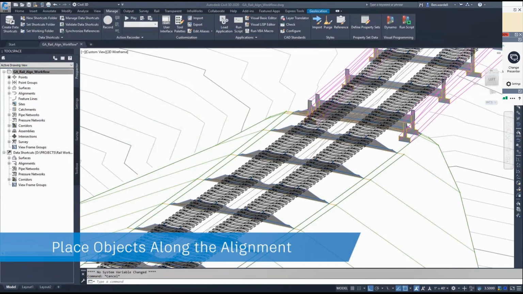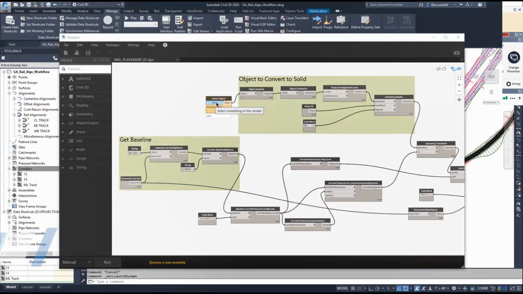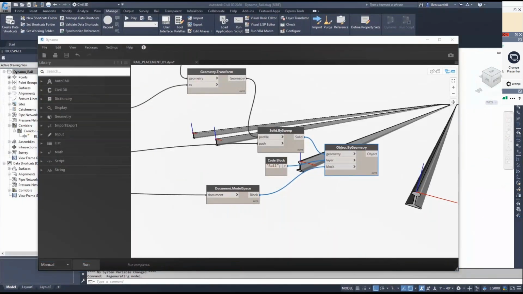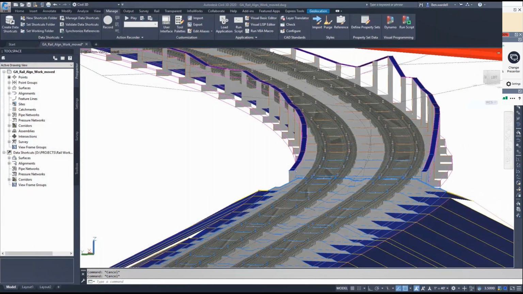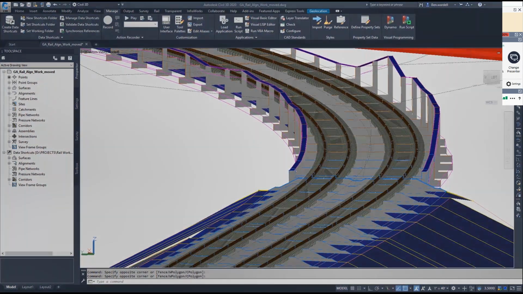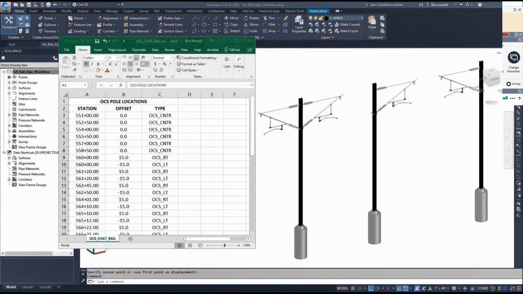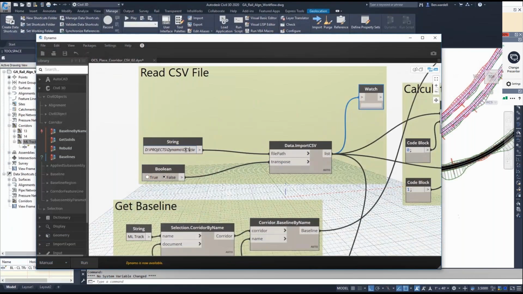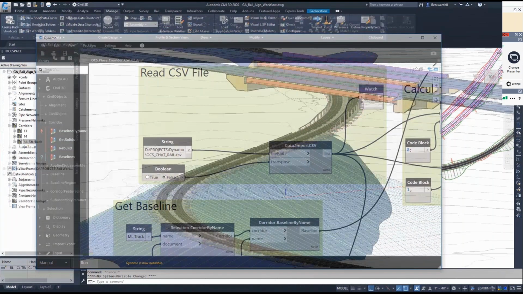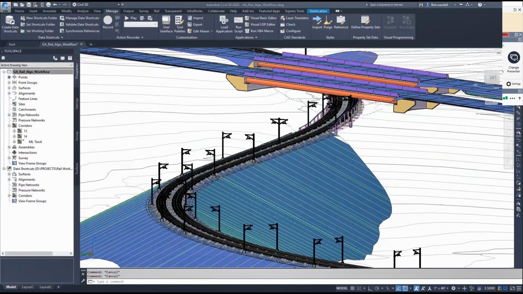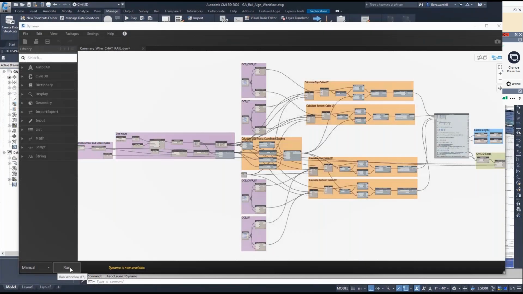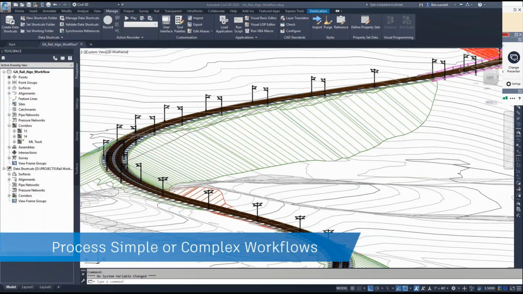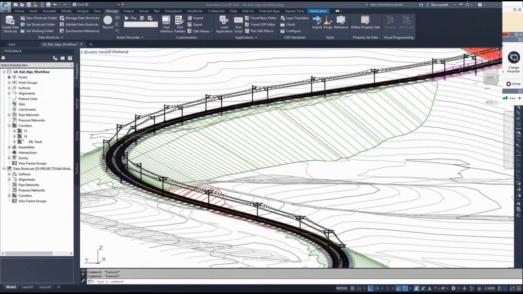Now, in this particular case, we've taken an example of a railway line layout where we need to place my rails, my sleepers, and my OHE lines, and the input for the placement of the OHE masts is coming from Excel. So the whole placement, at what junction or at what station it needs to get placed, is coming from the Excel file. And then even for the cables that run over these masts.